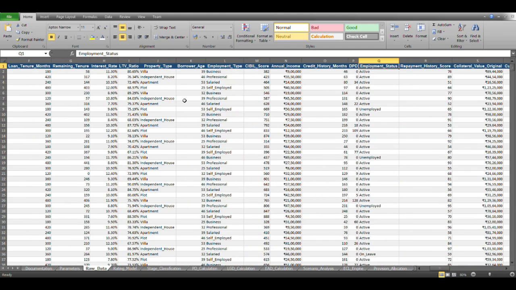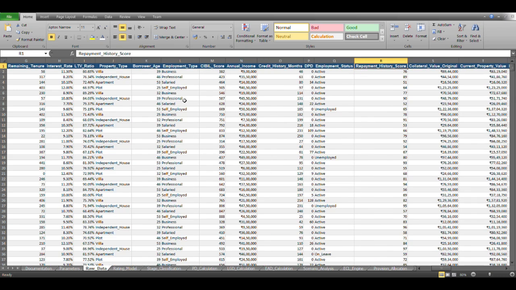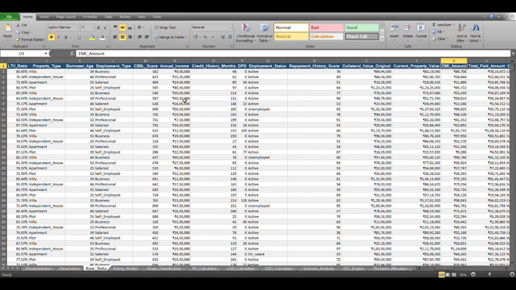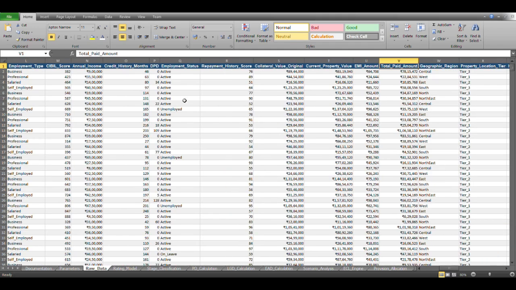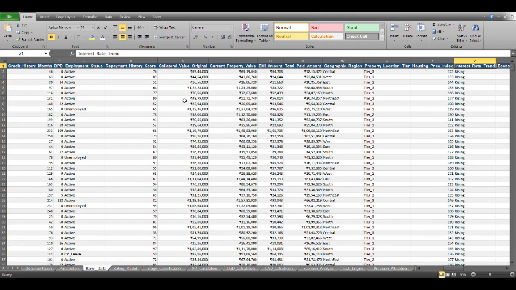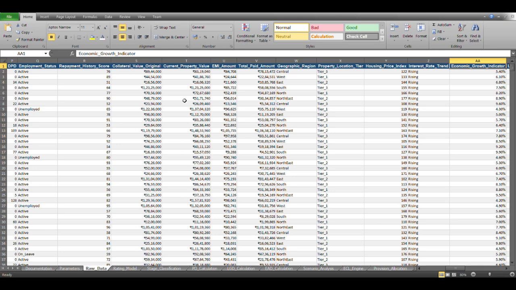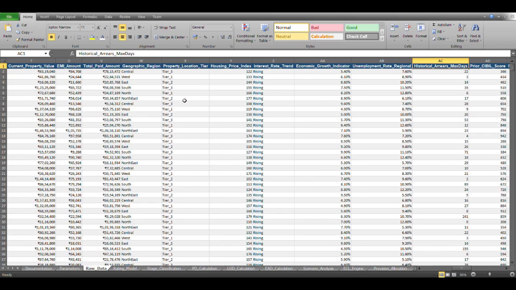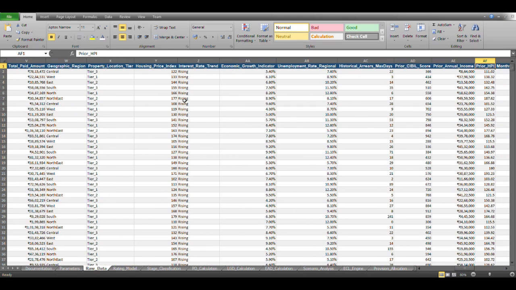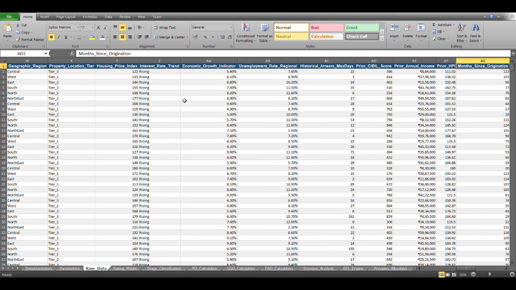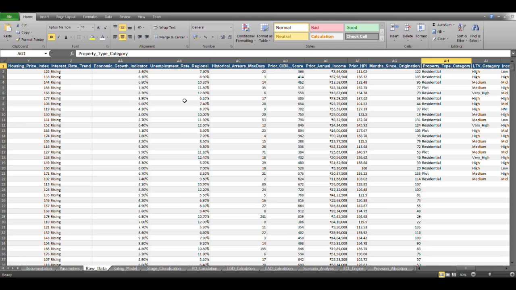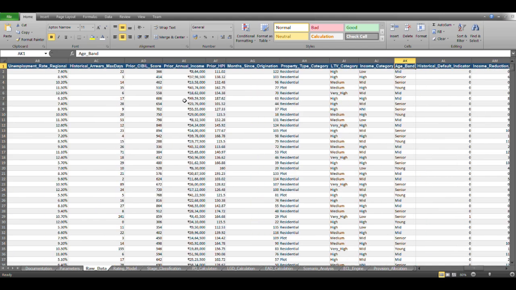Whether the borrower is currently employed or not, collateral value, the original collateral value, what the EMI is, how much has been paid, which region the borrower is from, and some macroeconomic variable indicators as well, some of which are computed and some we have got from the client, right?